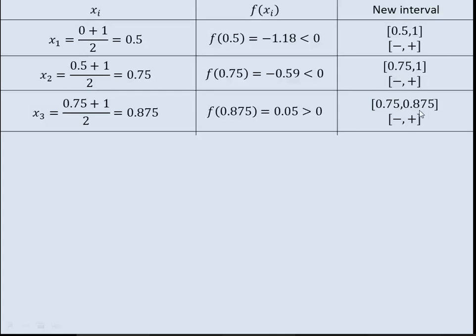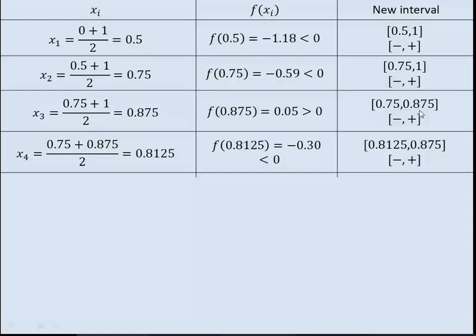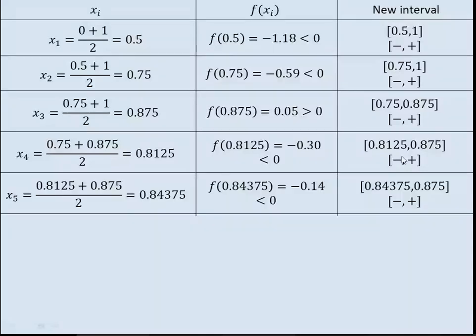Again, check f at that point, negative. Replace the negative value by this new point. This will be the new interval. As these two are not matching, we have to go further. The half of the interval is 0.84375. These two are not matching, only matching up to the first digit. Generally, it is asked up to 2 decimal or 3 decimal places. They are not matching, so we find the value of f is negative. Replace negative by this new value, so you get the new interval.